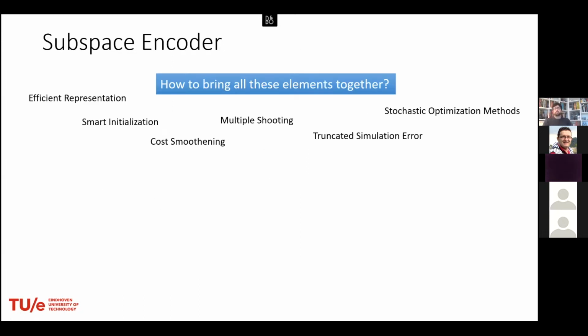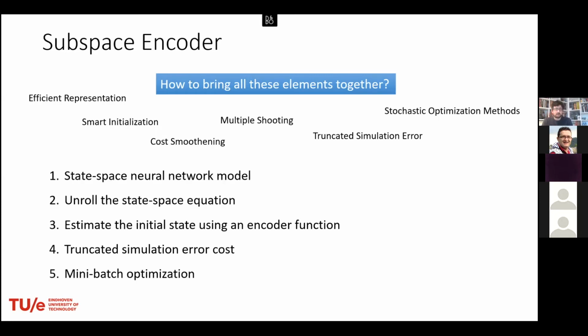So how do we bring all of these together? We have seen efficient representations, we have seen smart initialization methods, we have seen cost function smoothing through multiple shooting and truncated simulation error. And then using the truncated simulation error, we could also work with stochastic optimization methods. So the way to bring them together, or the way we did it, is by formulating what we call the